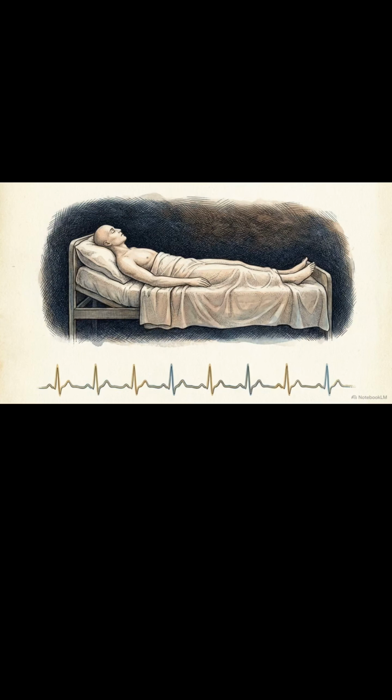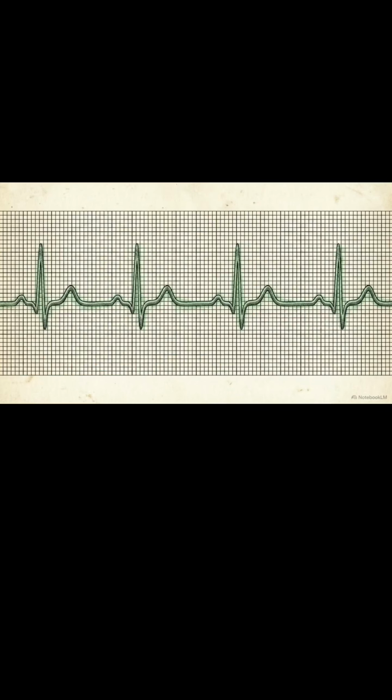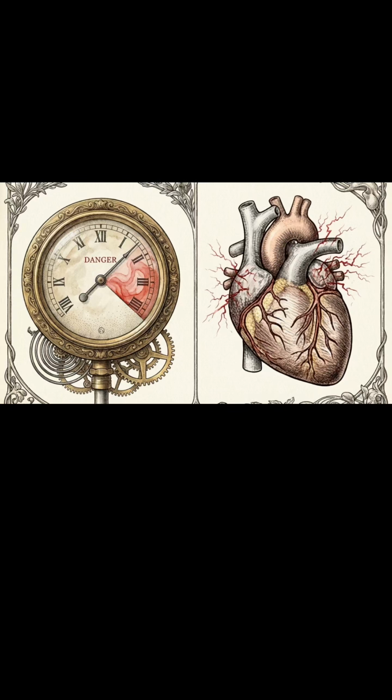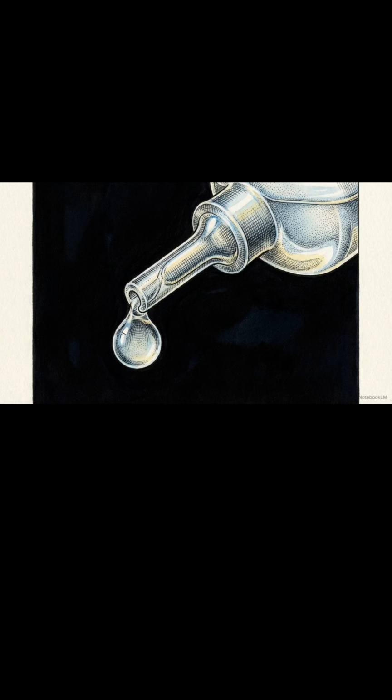This graphic details the non-cardiac warning signs of toxicity. Patients present with gastrointestinal issues like severe nausea and anorexia, followed by neurological symptoms including delirium and xanthopsia. Xanthopsia is a visual disturbance where objects take on a pronounced yellow or greenish tint. The fatal cardiac manifestations include severe bradycardia, varying degrees of AV block, and uncontrolled atrial